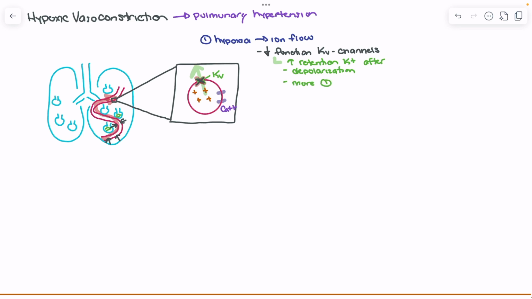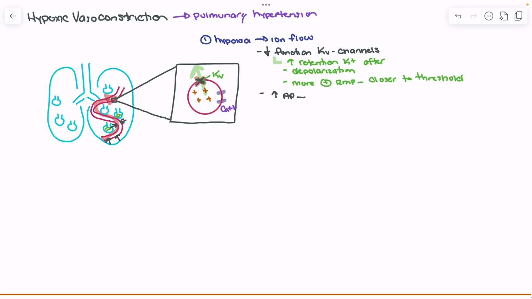And if we have a more positive resting membrane potential, we are always closer to threshold. And what that means is that we can have an action potential more readily. And that's exactly what you see for these patients. And what we see in the vascular smooth muscle is that because we're closer to threshold, we see increased potential